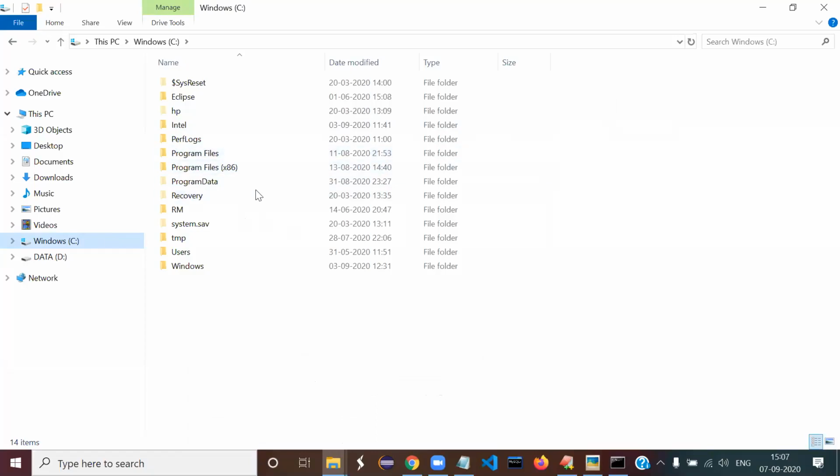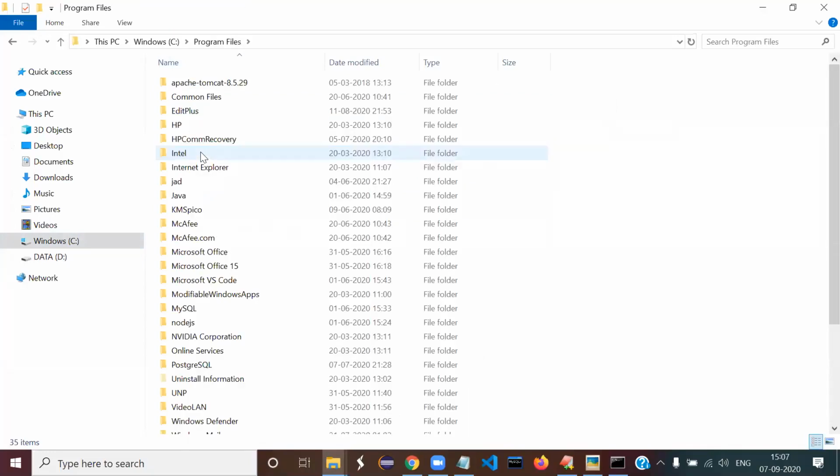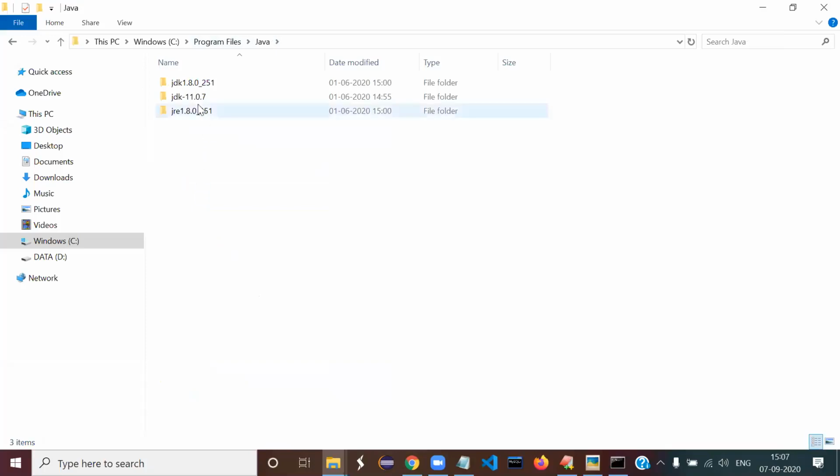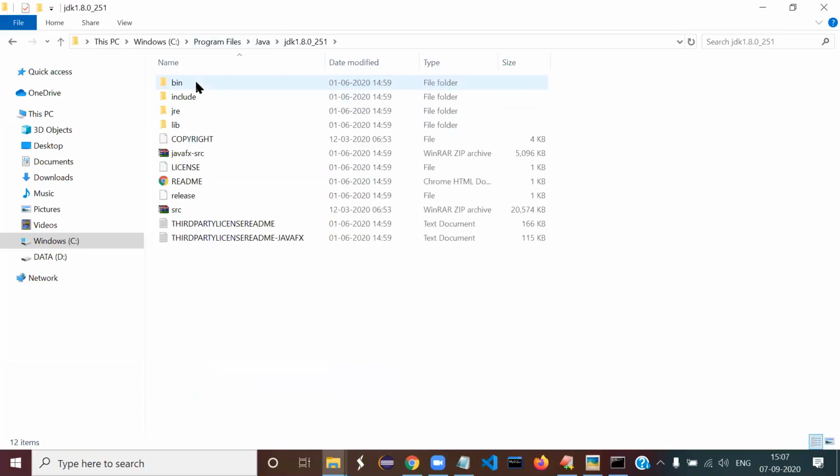Program Files, not 86. Yash, are you using 32-bit system or 64-bit? Are you using Windows 32-bit or 64-bit? So the whole path is wrong. You should be having this. Open C drive, please. Go to Program Files. You should have a folder. If you have installed Java correctly, under Program Files, you should have a Java folder, and you should have a JDK. Hear me, JDK I said, not JRE.